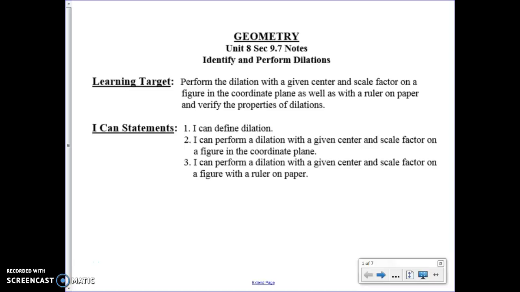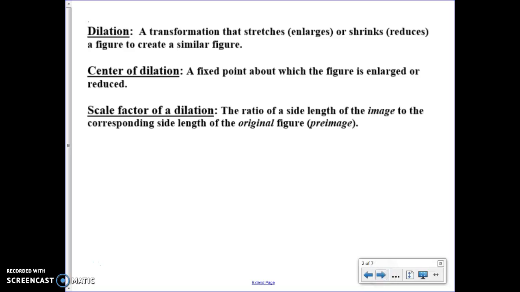Hey guys, today we're looking at dilation. So dilation is making something bigger or smaller. Dilation is a transformation that stretches, enlarges, or shrinks a figure to create a similar figure. Center of dilation is a point about where it's enlarged or reduced. In the coordinate plane, our center of dilation is typically going to be the origin at